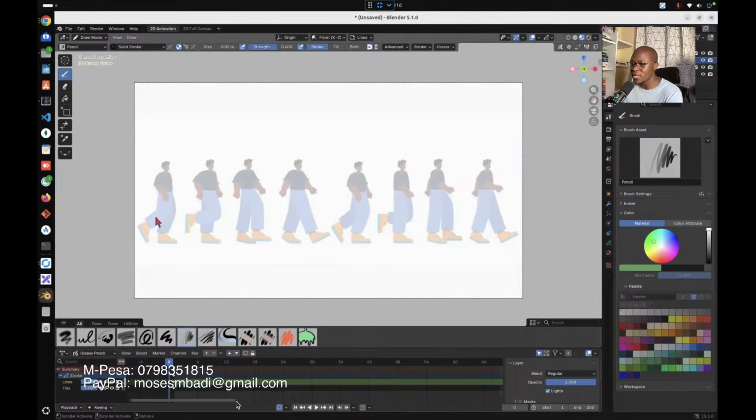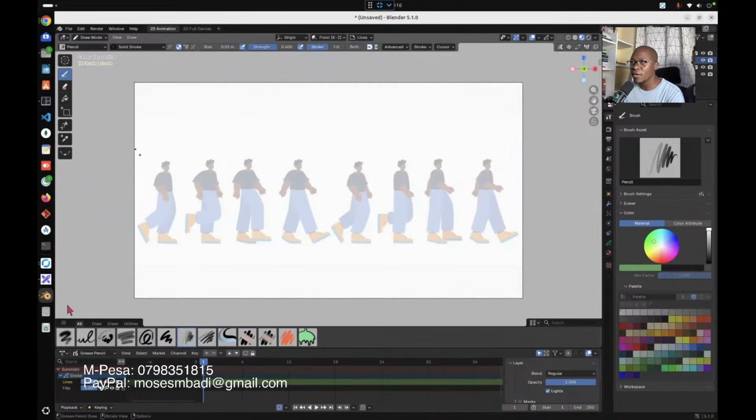And keyframes are basically like the points you want to do an animation. The thing with 2D animation is that you basically just draw the images, and then you move the images as you draw to simulate whatever action you want to do. Let me just remove this cursor out of the way. Where is it? Okay, it's refusing to pick.